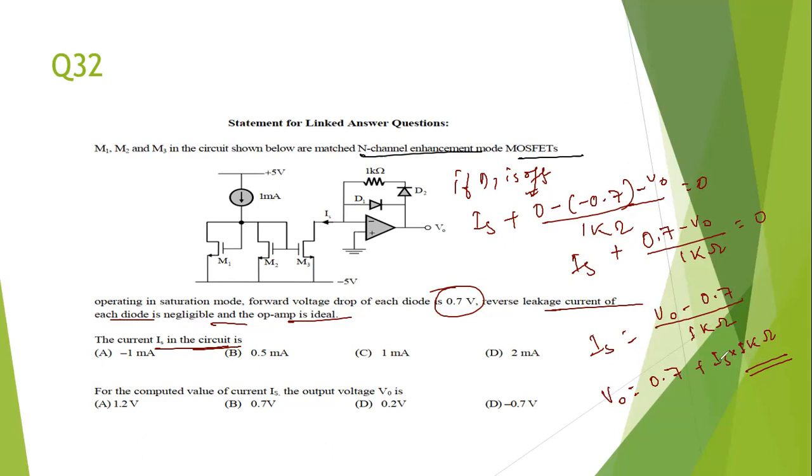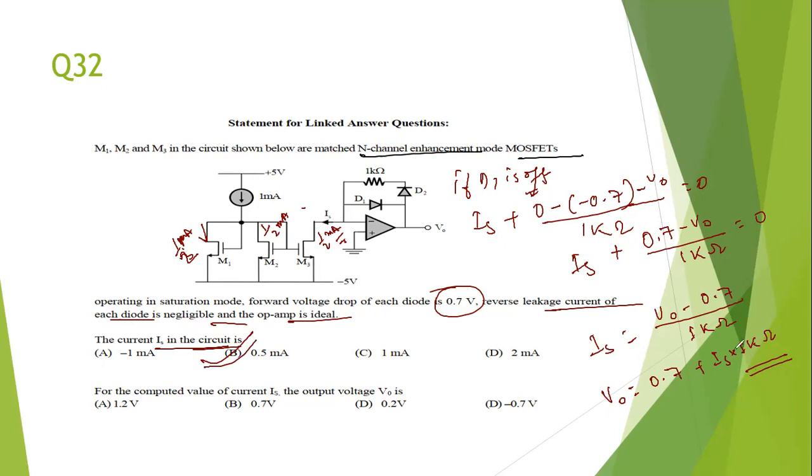First of all, we have to find the value of IS. This current is 1 milliampere. Since all are parallel combinations, the current splits, and no current flows through this one. So this is 1 by 2 milliampere, and this is also 1 by 2 milliampere, the same current flowing. In the current mirror circuit the current will be the same, so that's why this is 1 by 2 milliamperes.